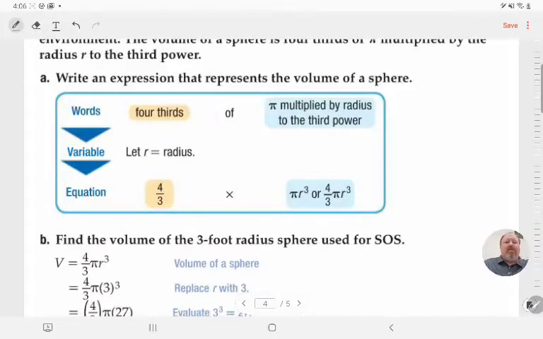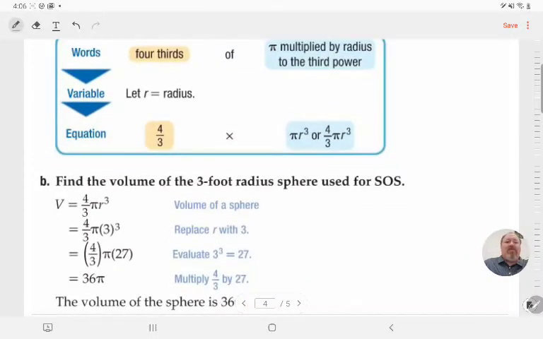So we know that 4/3, that's 4 over 3, times pi times radius cubed, okay? Or we could put it all together and write 4/3 pi r cubed. Remember, r is radius. All right, so now we want to find the volume of a 3-foot radius sphere used